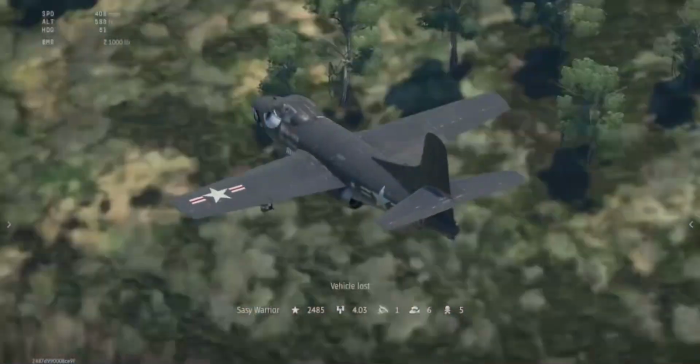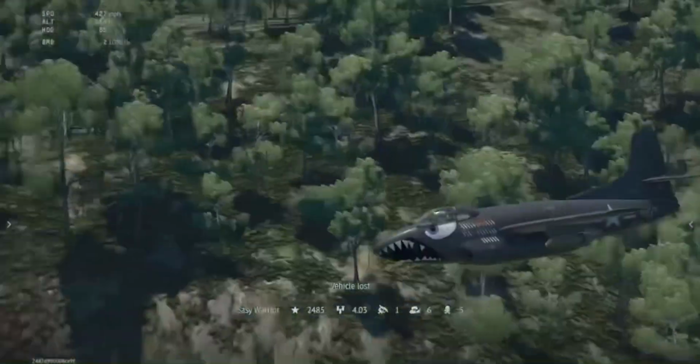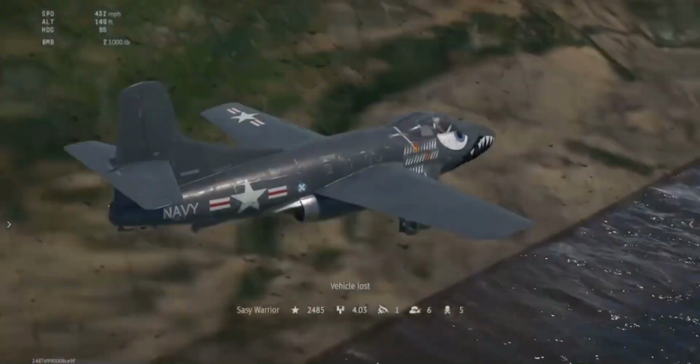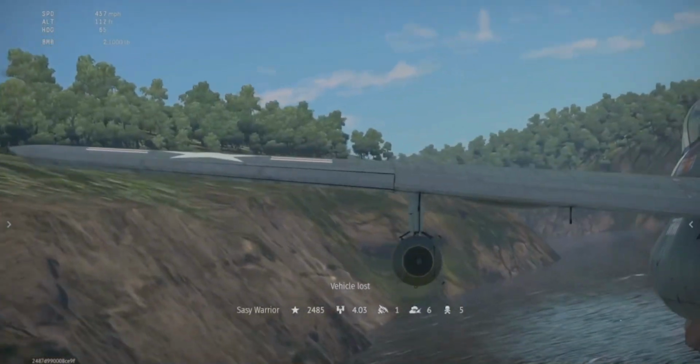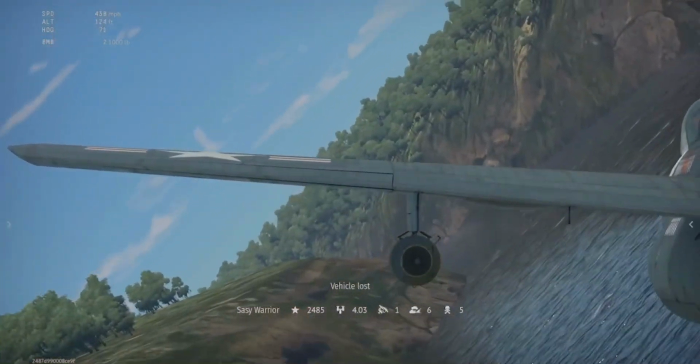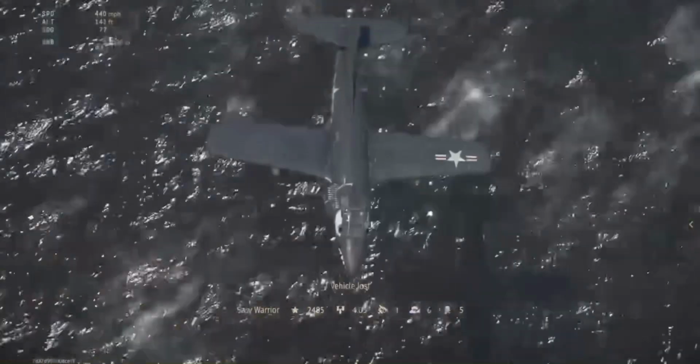The Skyknight was not produced in great numbers, yet it achieved numerous firsts in its role as a night fighter during the Korean War, where the type frequently escorted Boeing B-29 Superfortresses on night bombing missions. While it never achieved the fame of the North American Sabre, it downed several Soviet-built MiGs as a night fighter